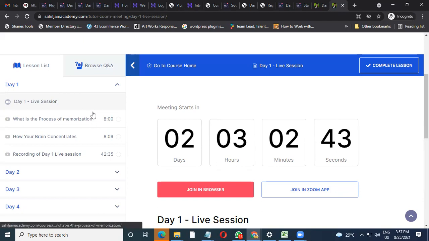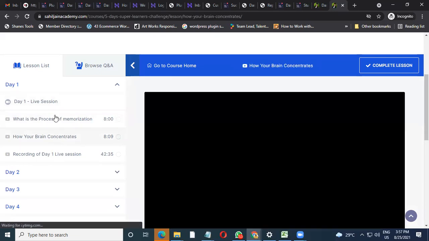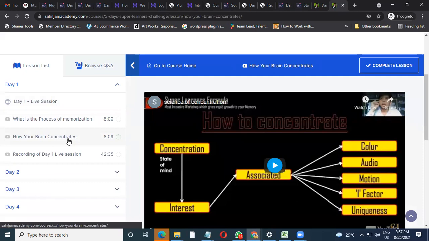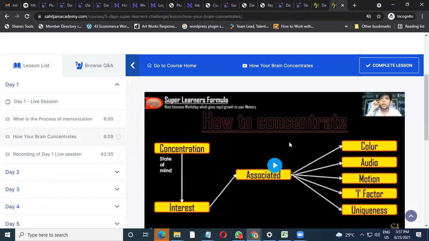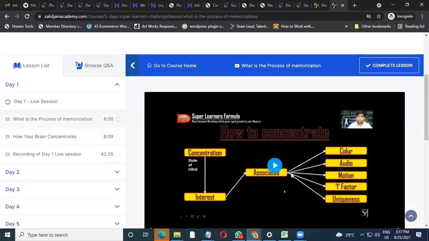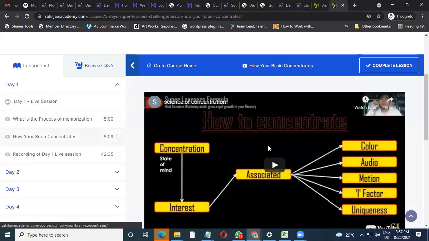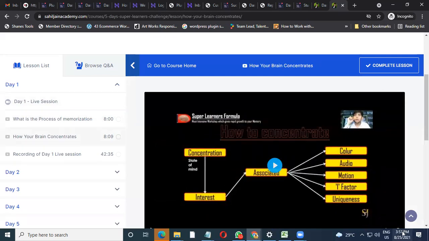Drip content also works like that with the recorded videos. Say, for example, the courses are given like this. You can give this course on day one. You can give this course on day two. They'll be able to see all this navigation tool, but they won't be able to see the content until that day and time starts. So say, for example, I am able to see this course today, and this course I will open up only at, say, 26th of August at 12 a.m. So at 12 a.m. this course will automatically open up and the student can view this course.